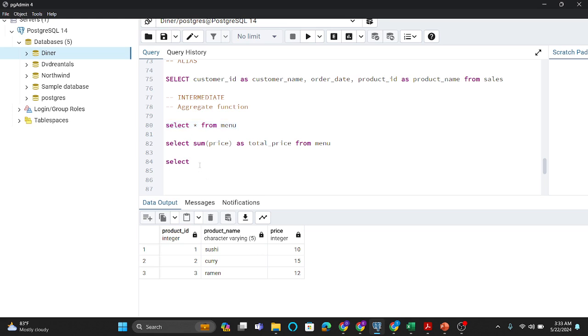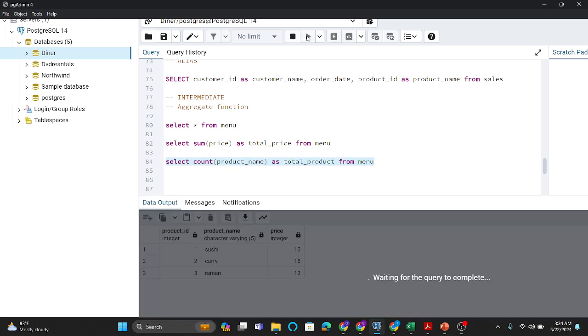So I can use count for this. I'm just counting the number of times, so count product name as total products from menu. This will give me the total number of products that we are selling in our